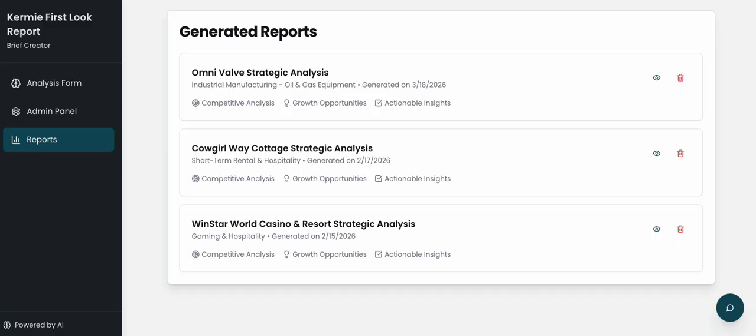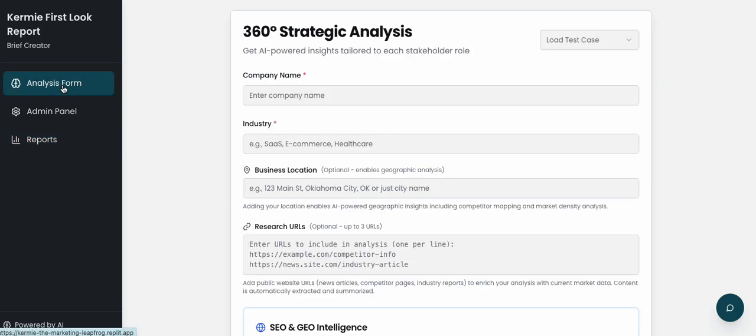So let's look first at the intake form and the name, Kermit the Frog, Leapfrog in Marketing Intelligence. Probably copyright violation, but I have no money, so don't sue me. Okay,